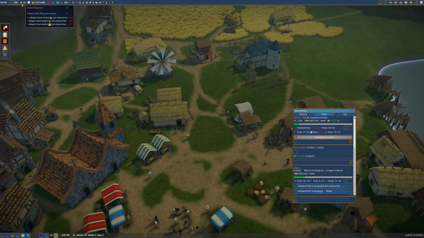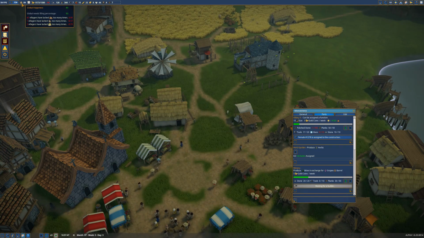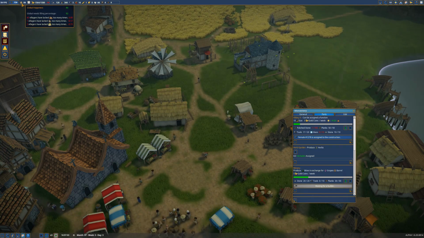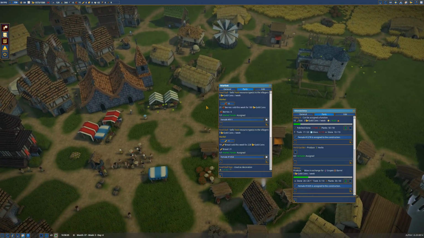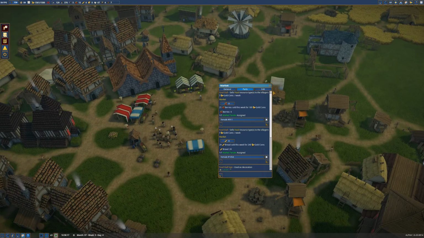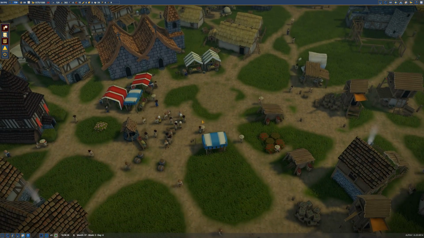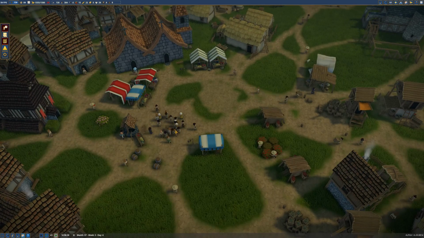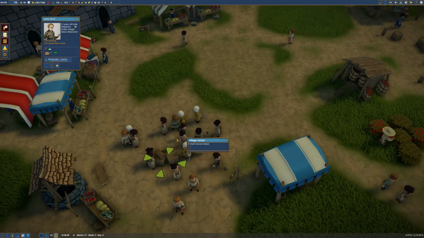How's our peoples? Very low religious issues. There does seem to be, is that a food issue? That's not great. These should be getting stocked though. Yeah, they're starting to get stocked anyways. Okay, that's fine. What is over here that people are...